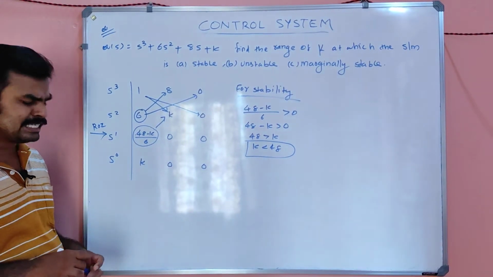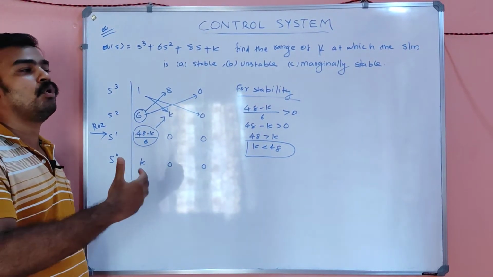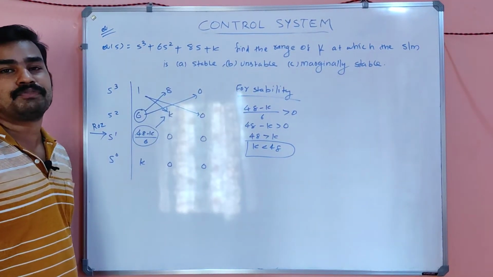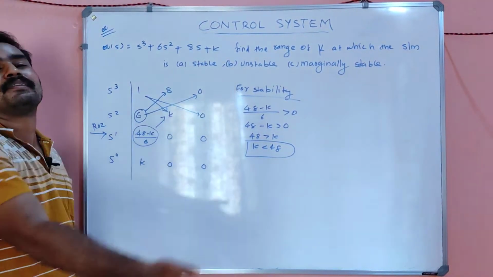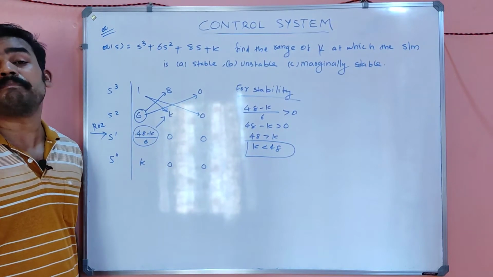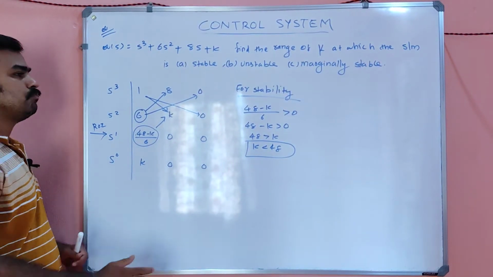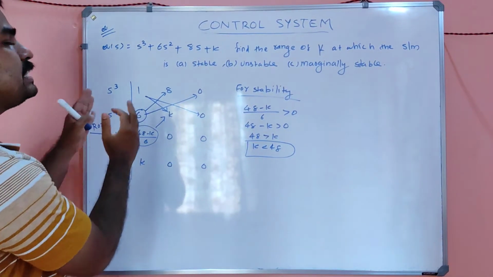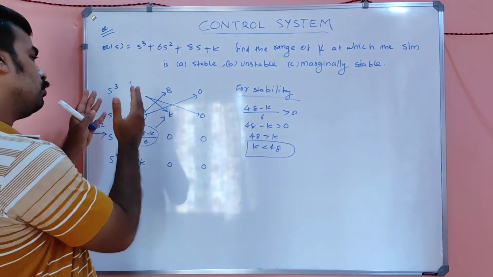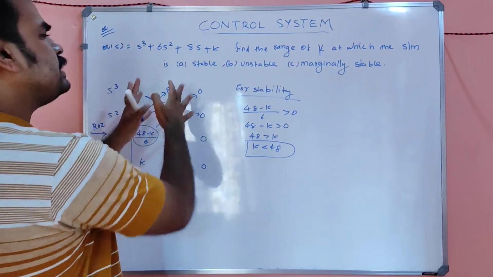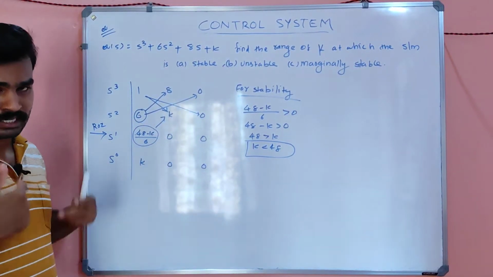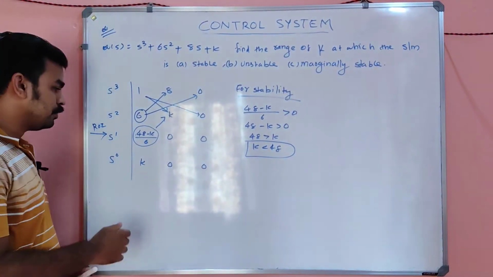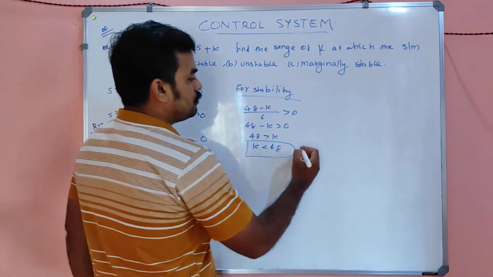If there is any sign change, my dear, one pole will lie on the right side of the S plane, or two poles will lie on the right side of the S plane, depending upon the sign changes. So we are checking the stability condition now. For the system to be stable, what will be the k value that we are going to look for? So I can also write like,